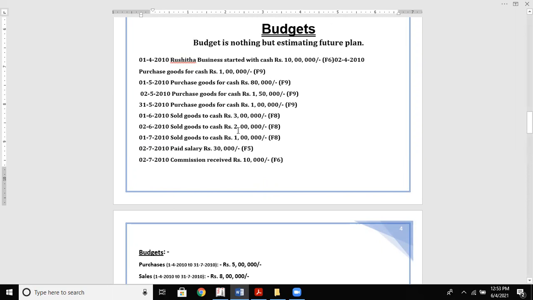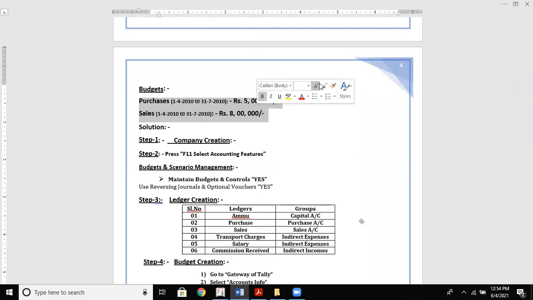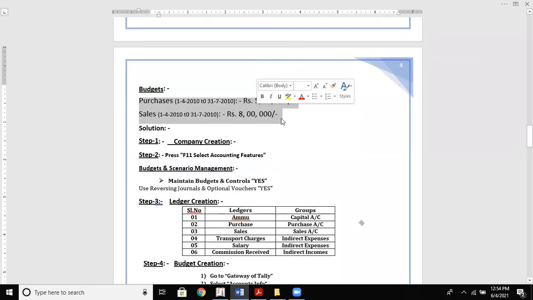Okay. So let's learn about budgets. So what exactly do you mean by budgets? Here, budget is nothing but estimating future plans. As we know in our general sense also, budget is nothing but you are estimating your balances or you are estimating your expenses. You are estimating your future plans based on the present scenario. So let's say we have a business and we maintain the business things, a few entries, then accordingly the budgets for this particular year is this much. We have also been given a budget for this.